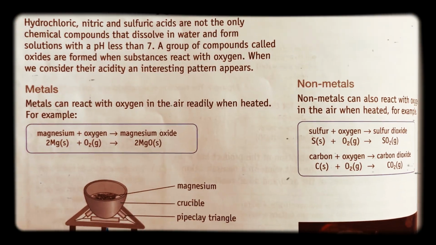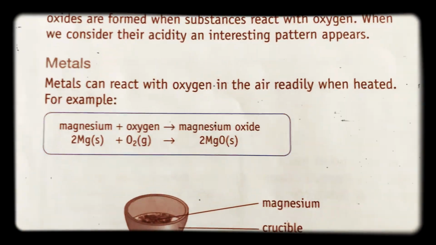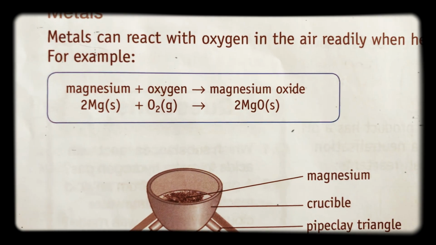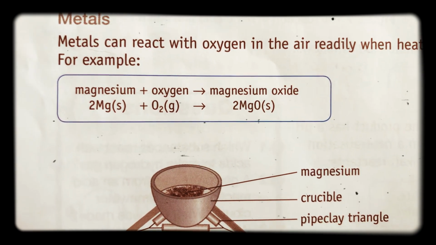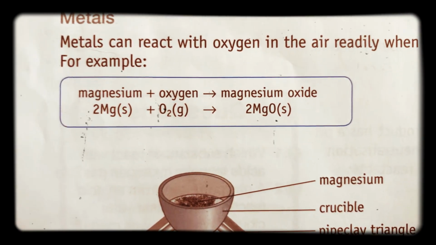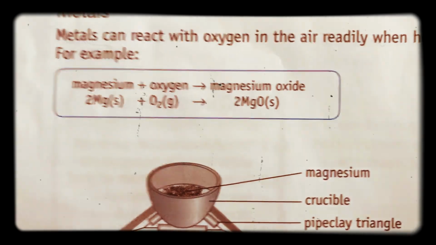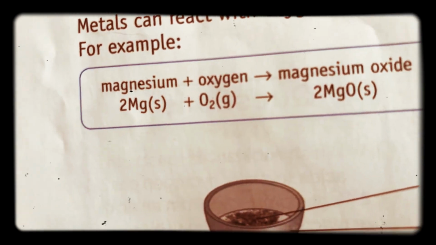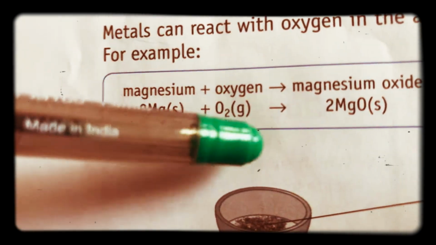Reactions with oxygen can be divided into two sections. Let's have a look at the metals first. The metals can react with oxygen in the air readily when heated. There's a nice example showing that to you in the labs, and many of you will be able to remember it. Did this in the fume cupboard. There's the word equation at the top in that box. Magnesium plus oxygen reacts to form magnesium oxide. This is called a synthesis reaction. It's a synthesis reaction because you have the direct combination of two of the elements together, magnesium combining with oxygen